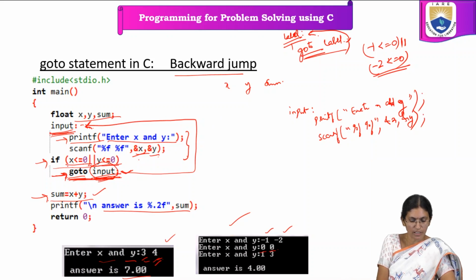Now again this condition becomes true. Once this condition becomes true, again the control is transferred to wherever the label has been defined. Again the user will be prompted to enter the value of x and y. In this way, the statements defined after the label are repeatedly executed. Once the condition becomes false, the next statements will be evaluated. After that, if we enter the values of x and y as 1 and 3,